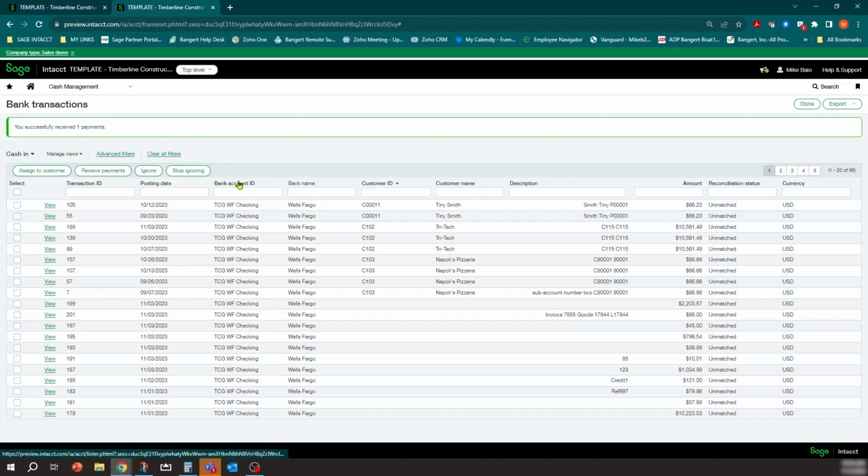So that is pretty slick in the system, especially if you have a lot of small invoices you want to apply automatically. You can go ahead and do that in the system. So try it out. You can try it out on one customer if you want, but it's a pretty slick feature that's coming out in cash management for our R4 release.